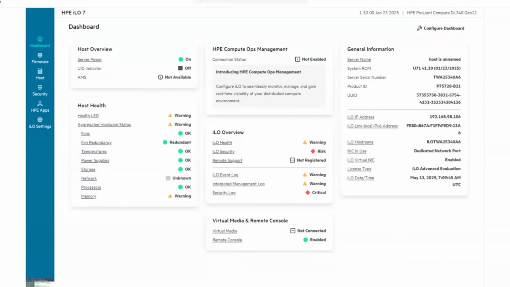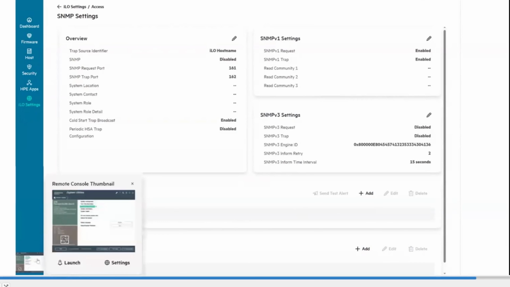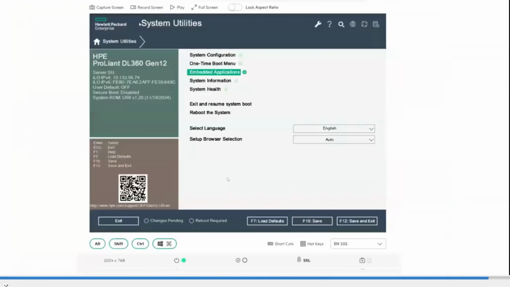So you can easily access any option during troubleshooting, implementation, management, and monitoring. On the left pane here, just right click and you can launch the console over here. From here, you can perform lots of other things.